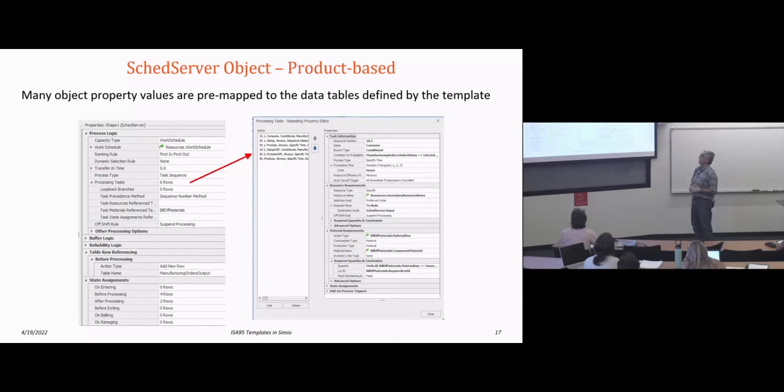And we have a set of custom objects. In particular, the main object, if you want to think of it that way, is a server. We called it AE server for Aubrey Electronics, but it's the same basic concept where we have a default set task sequence, and we have the secondary resources and the bill of materials and so on. These are all tied to the table structure.